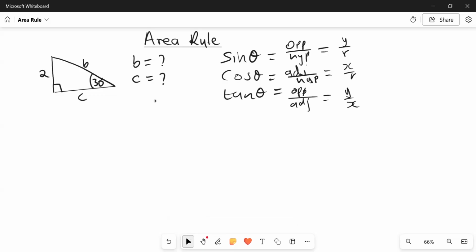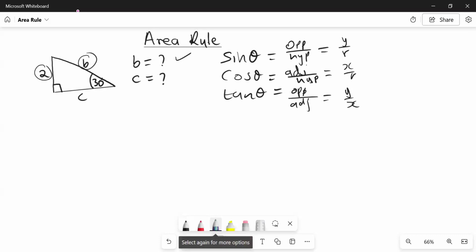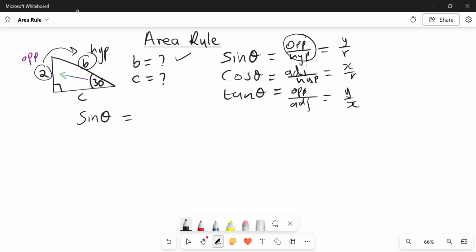So now how can we get B? For an example, that's the first question. How can we get B, and we are given 2? First thing first, we analyze the sketch. So we have the angle. The angle is opposite to this side, which makes this side our opposite side, right? And we're looking for B. B is our longest side, which means it's the hypotenuse. So we need to look for the trig ratio which has opposite and hypotenuse. That's the sine. So obviously, we'll say sine theta is equal to